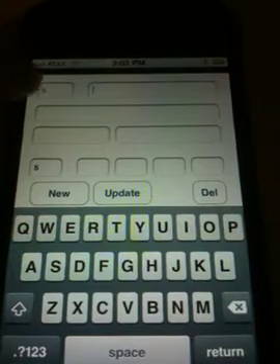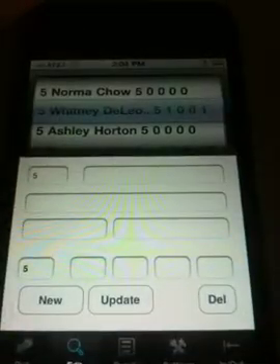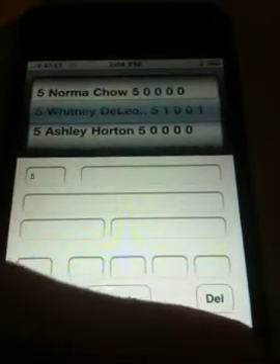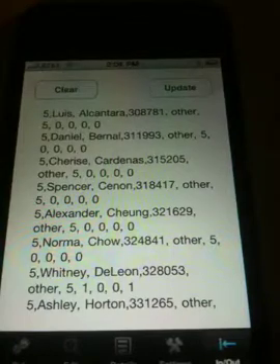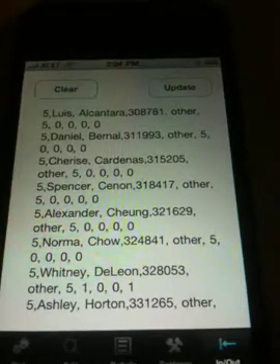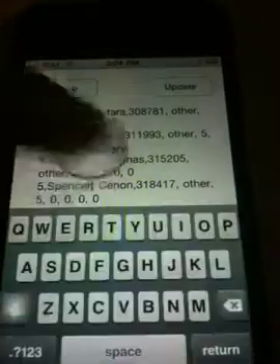So let's see. I'm going to go back. I'm going to click just anywhere to get rid of the keyboard here. And I'm going to go to the very last button, which is in out. And what you'll notice there is basically all the data in what's called comma delimited form, that if you wanted to, for some reason maybe you wanted to use this to actually do grades, you could copy this